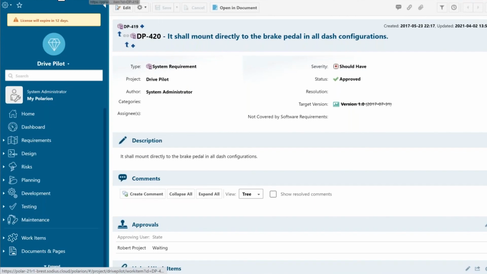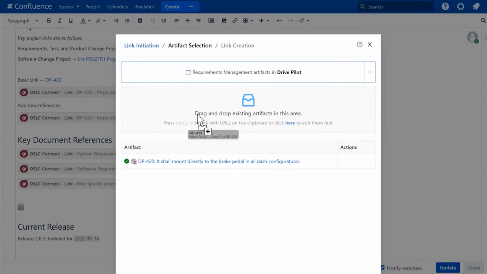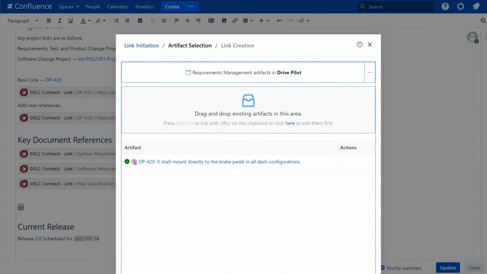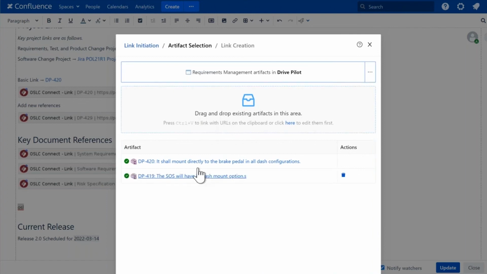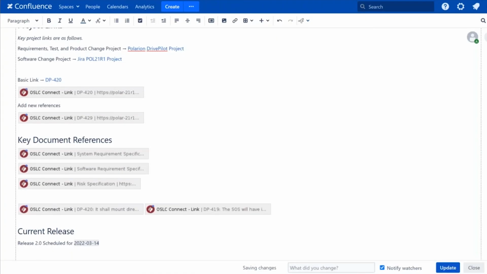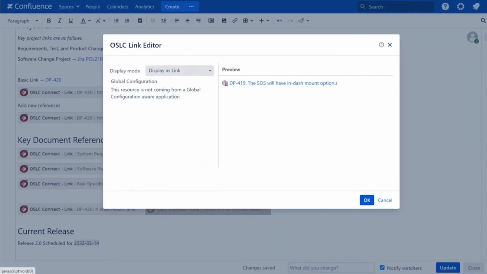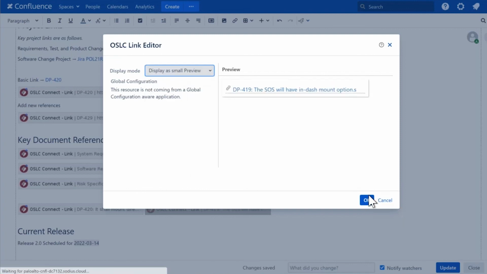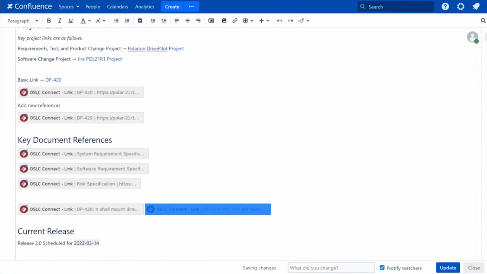It makes it much simpler for us to create linkages, drop contents, and create lots of links at the same time. So you do have a lot of flexibility in how you create those links. And then once you've actually created those, you can change how you display those as well. So hopefully that gives you a little bit of a preview. The idea here is that we're going to create this binding that allows you to make your engineering data more visible in Confluence and take more advantage of all that content that you put within Polarion.